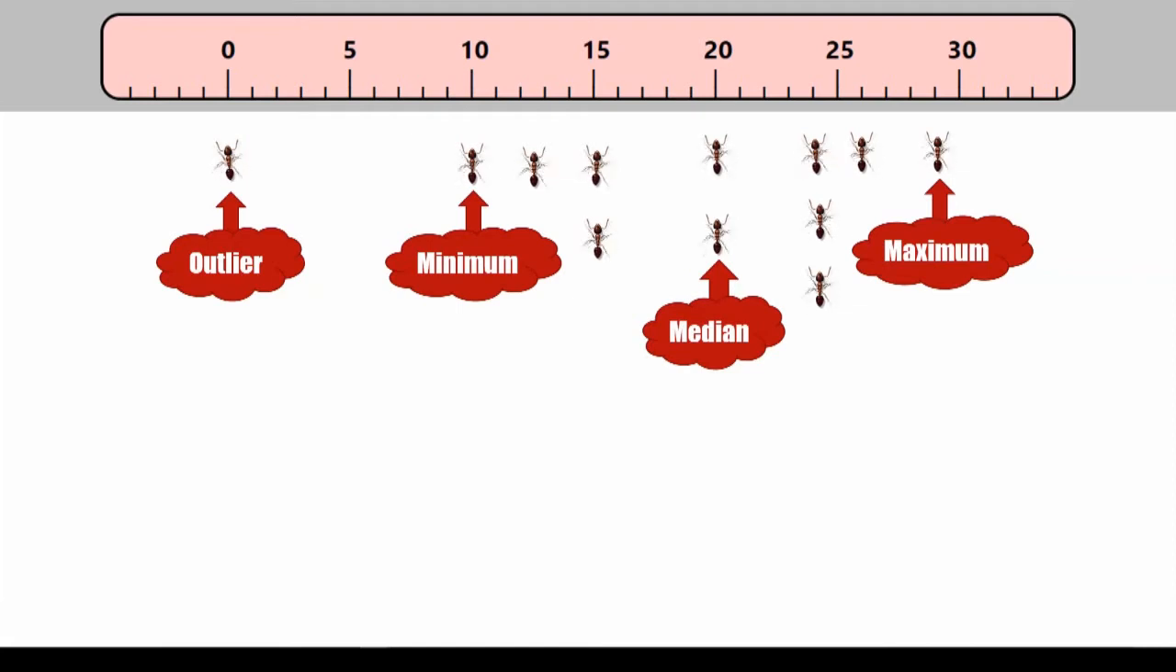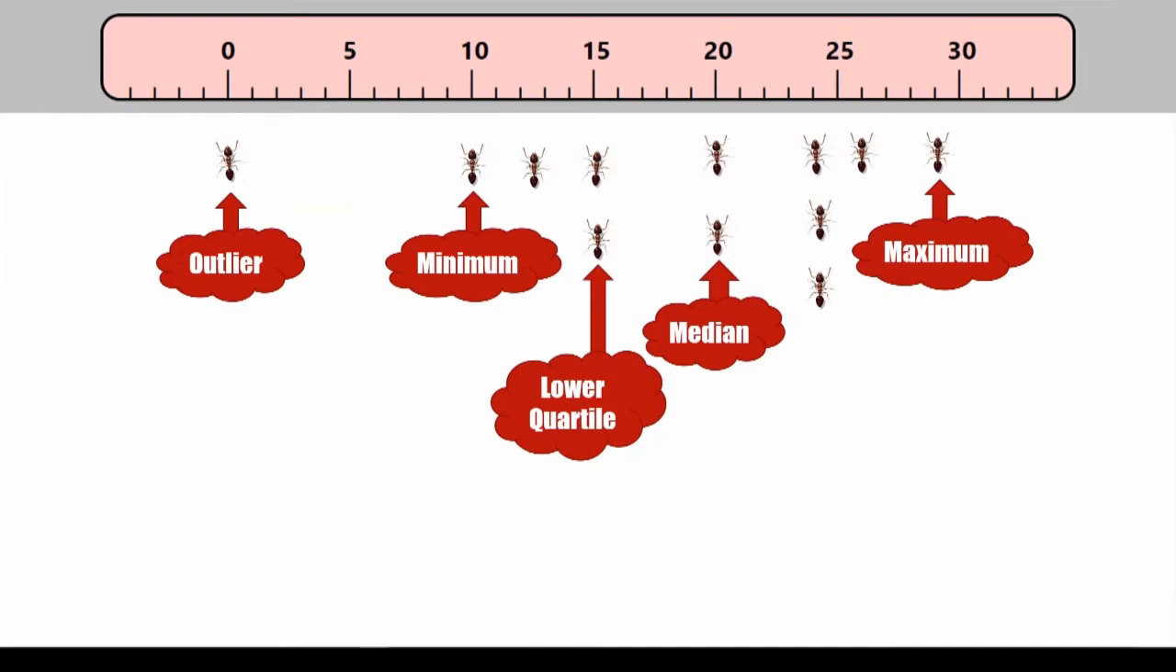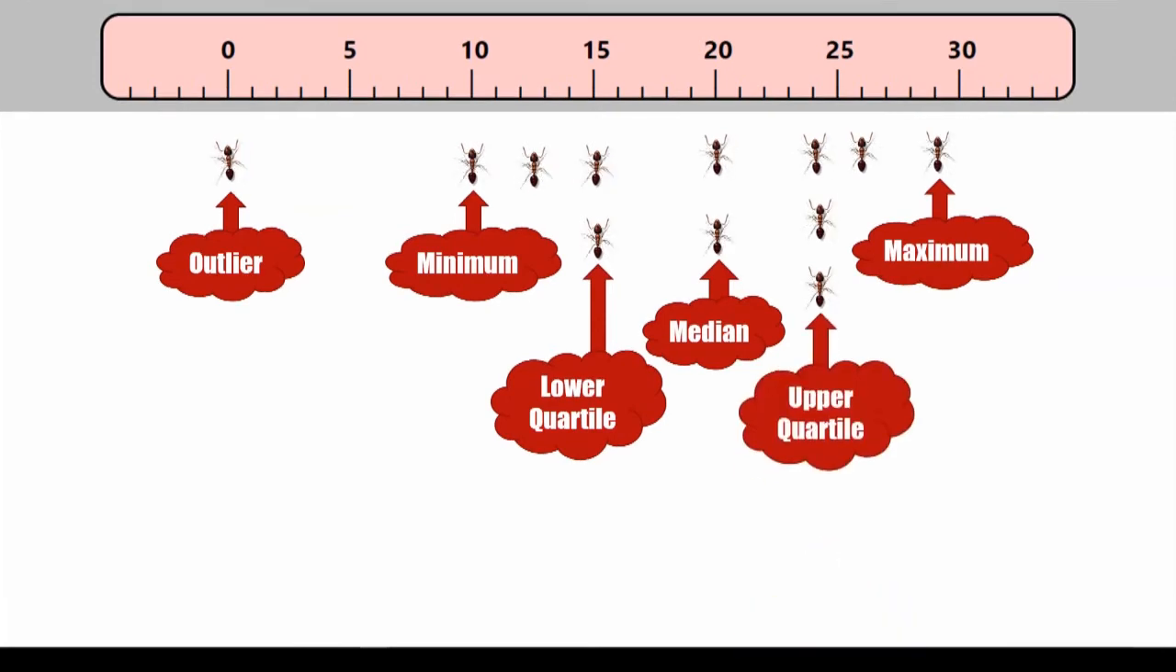So of those 5 to the left, the middle of that group is called the lower quartile, and it would be one of these guys. And then of the 5 ants to the right of the median, the middle one of those guys would be called the upper quartile. So that's a way of describing the different ants,